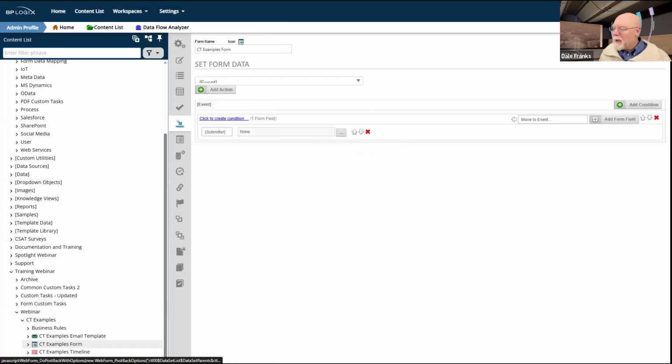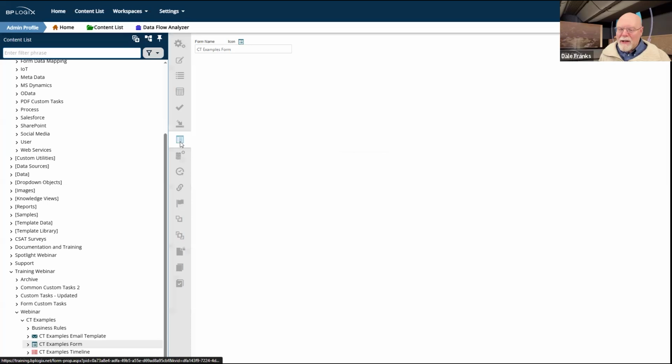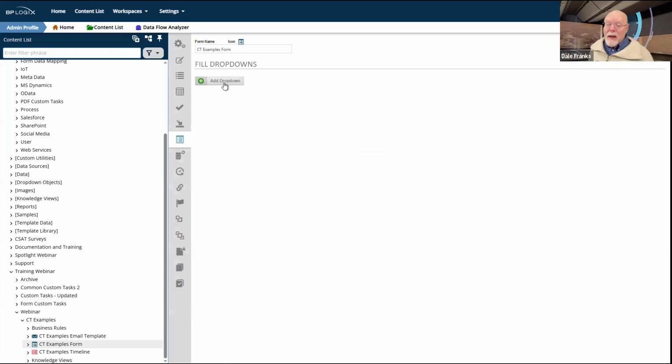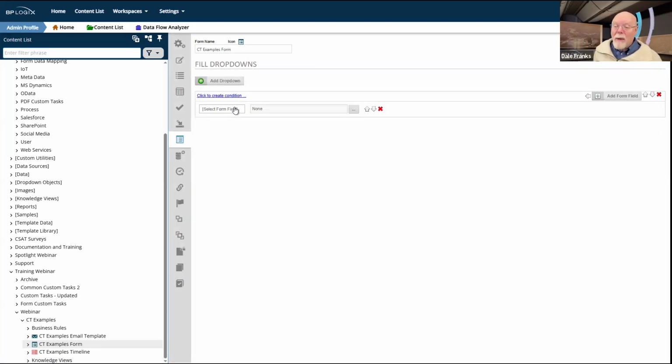Similarly, and let me get rid of this. Well, I'll just not save this form. Similarly, for field dropdowns, we have the same thing. I don't actually think I have a drop down on this form, so I'm not going to be able to show you any sample configuration for one. But if you have a drop down that needs to be filled, like I said, I don't have one, you can actually point to a business value that will just return a data set, and you can set that here. So in most cases,